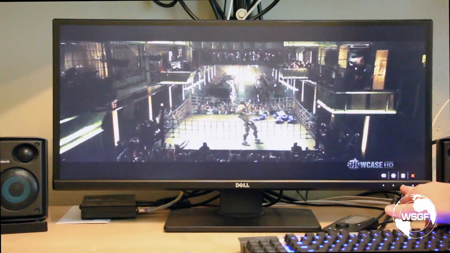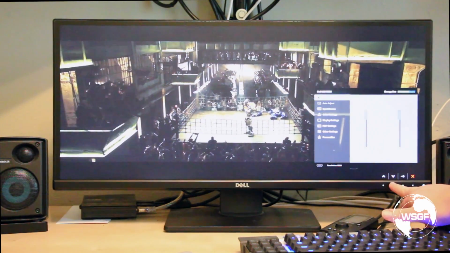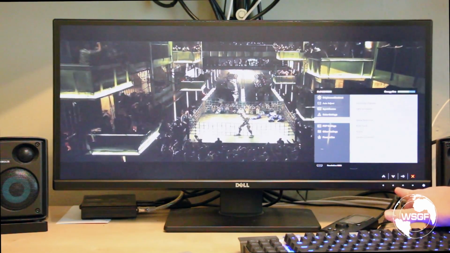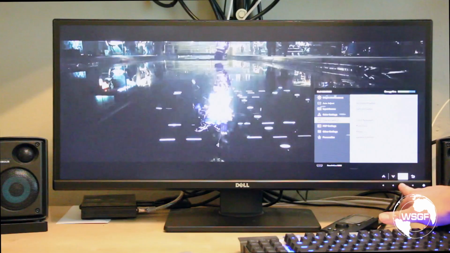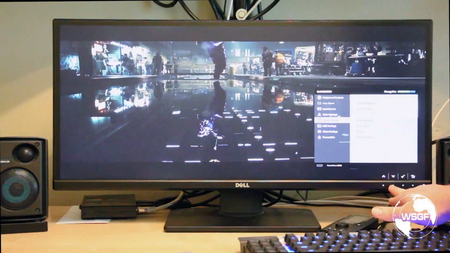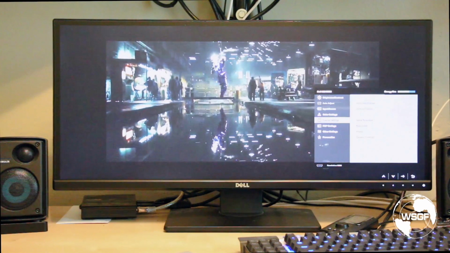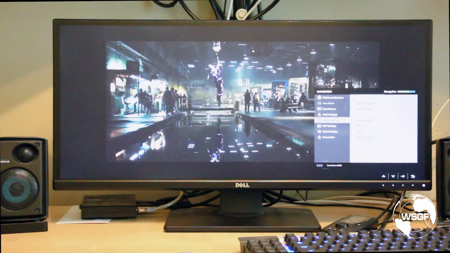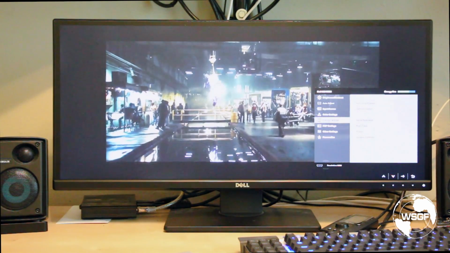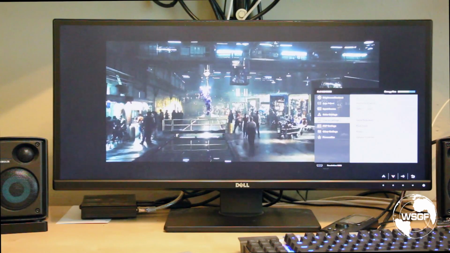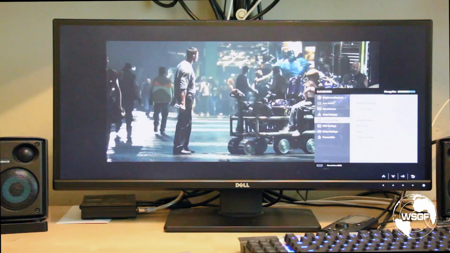So it does not appear, at least on this panel, other manufacturers may have some different settings, but there does not appear to be a way to take a letterboxed ultra wide screen and zoom into it or blow it up or whatever you want to call it in a way that would give us the full